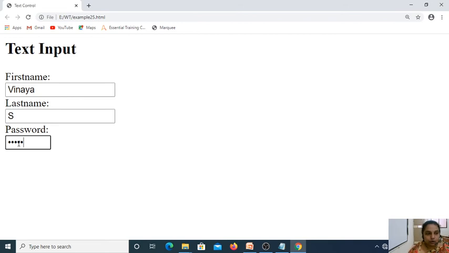Can you observe, when I say the input type as password, whatever I have written in this text box field is not visible. So this is the main use of the input type as password. I have created 3 text boxes. The size of all of these is by default 20 characters. For this one we have specified the size as 5, and so when I try to enter characters, it's not taking the input.